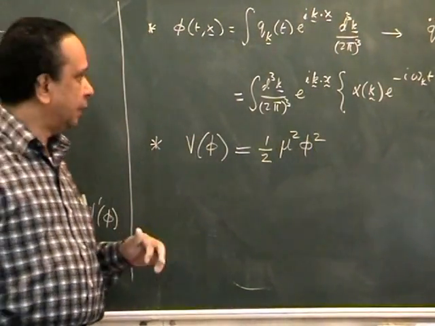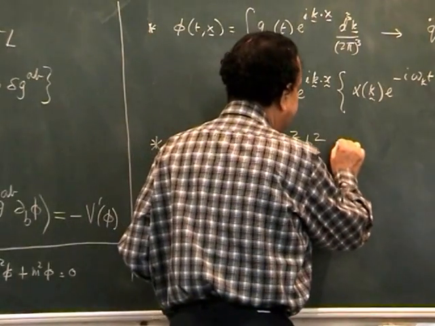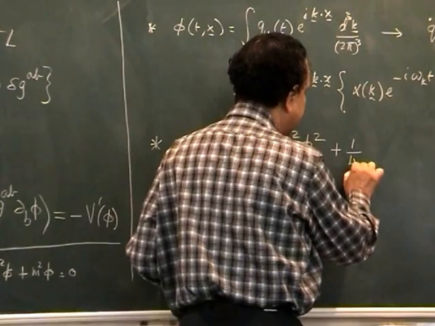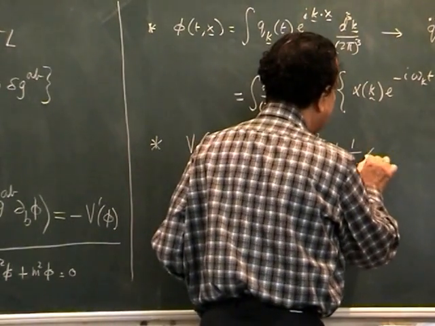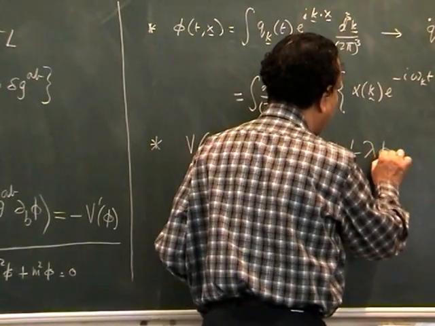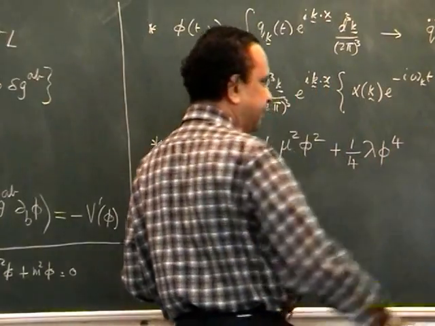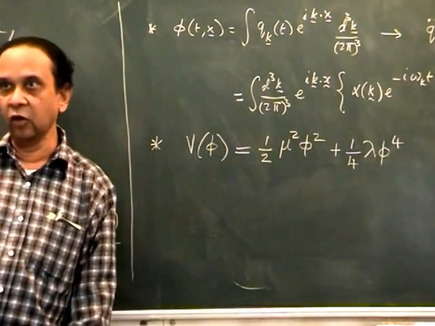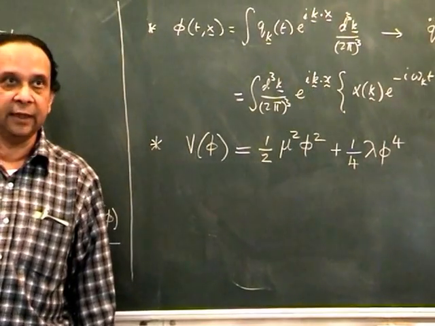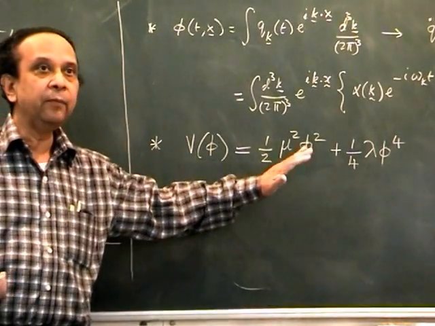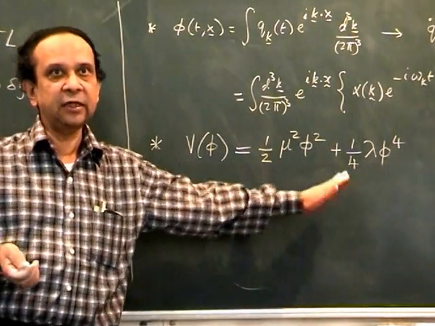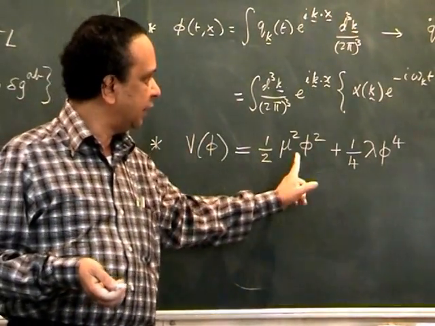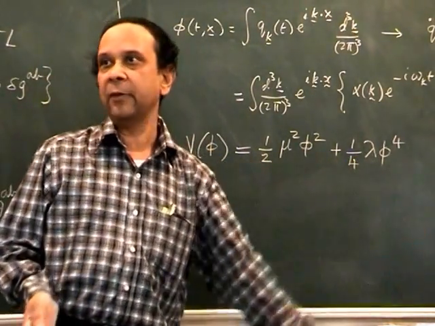Then I can add terms to this. And the simplest term I can think of adding to this, preserving the symmetry of this, is something which I will call lambda phi 4. We will be spending an enormous amount of time with this kind of a model as we go along and when we do the quantum theory. And this is an extraordinarily beautiful system, in spite of its simplicity. So you have a V of phi in which in addition to phi square we have added a lambda phi